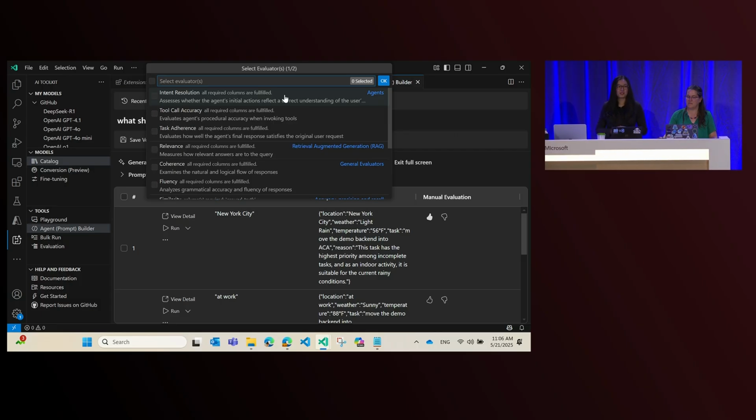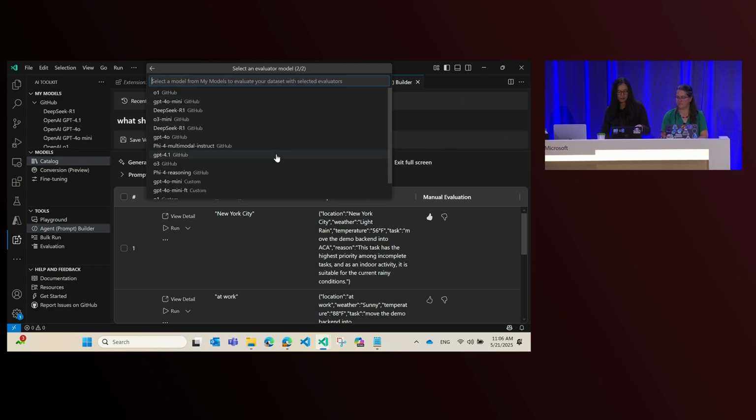Because the model can be a judge, right? It's totally unbiased. It's going to give us a very fair judgment response. Not yet. But we do have many built-in evaluators for you to use. Some are based on code, some are based on prompts that you can select. Say if I want to decide if the agent actually completed a task I wanted it to do, I can select any model as the judge.